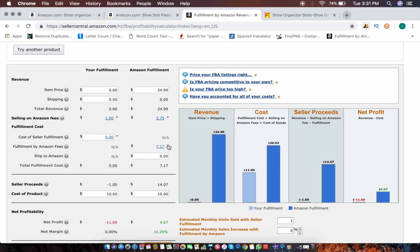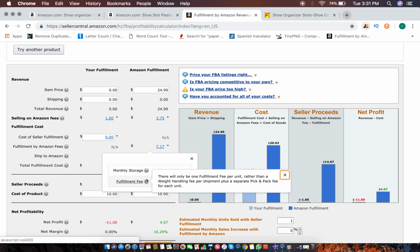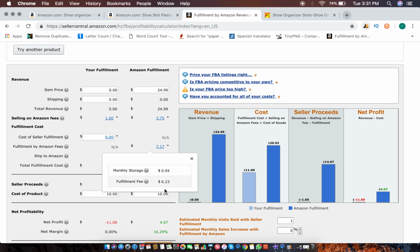And then for fulfillment fees, the monthly storage on this is about $1, and the fulfillment fee, which is if you go over this, it tells you what it is, for them to pick, pack, and ship the product costs $6.23. So it's kind of high. Total cost for fulfillment, all of it, is $7.17,